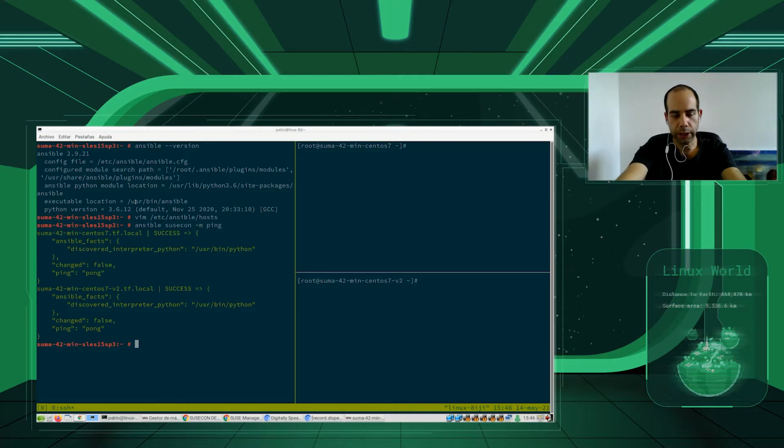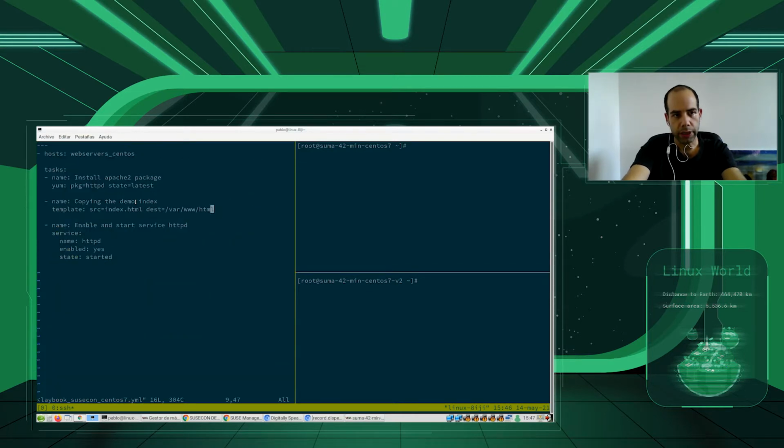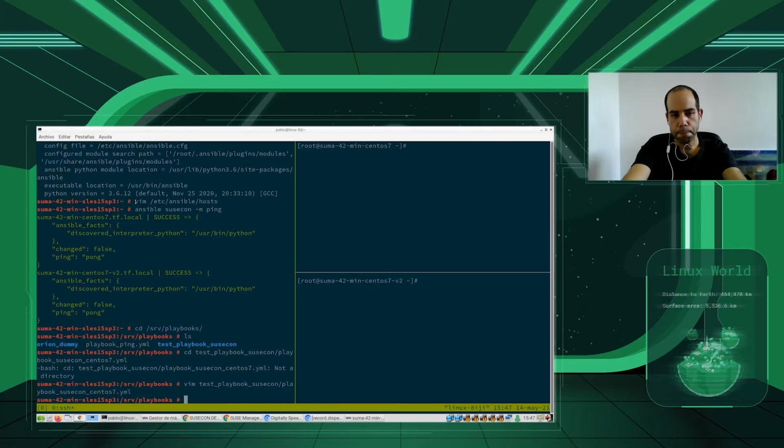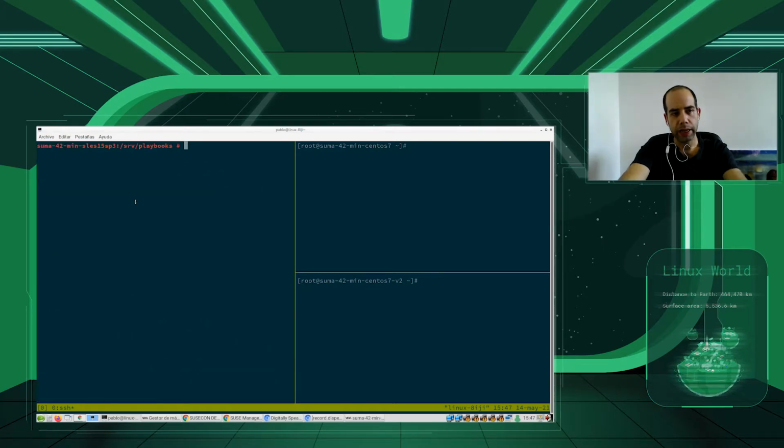Right, okay, it's working. Then I have also here some playbooks, SRB playbooks, and I have, for example, this one here. This is a test playbook. This one here is a playbook that is basically installing Apache and copying some demo files, and starting the service. Yeah, so this is my Ansible control node